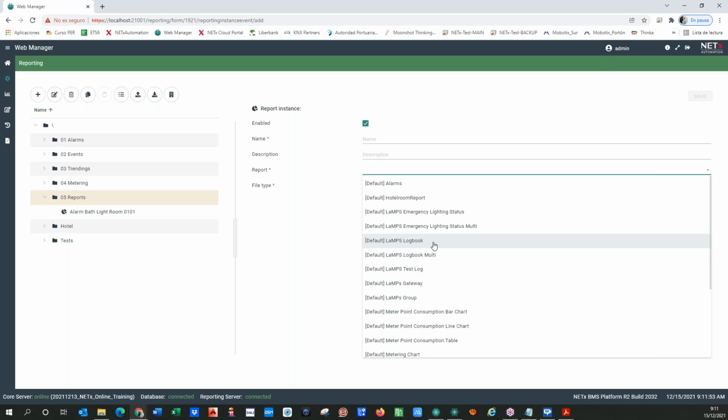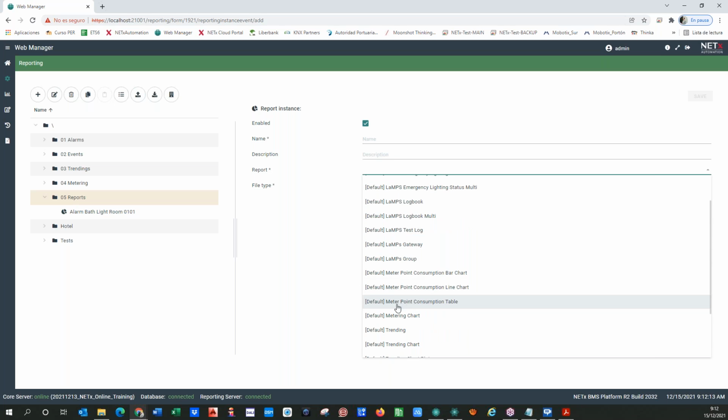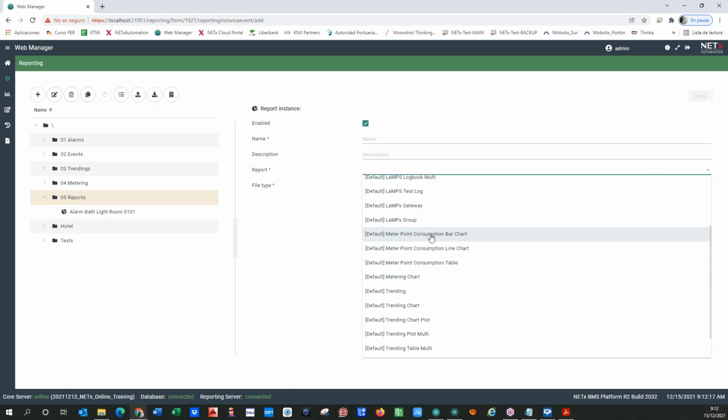So you can also create the logbook with all the incidents or all the registers of that logbook. Testing for emergencies, a specific gateway, as we saw yesterday, a group of gateways, etc. So about the lamps module, there are a lot of possibilities. We will do something afterwards, but before, I want to show you a meter point consumption, for example, bar, line,